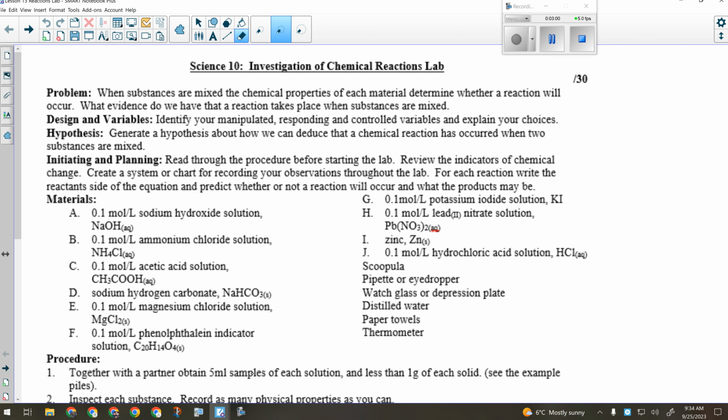Now to help you with the variables part, the experiment is going to work like this. There are going to be a bunch of chemicals on the front table, same as last time, except this time, they'll be labeled with their actual chemical formula. What's going to be done is there are going to be pairs that you are going to have to make in a little watch glass. So instead of having the tiny little depressions like we had before, you're now going to have a watch glass which looks like